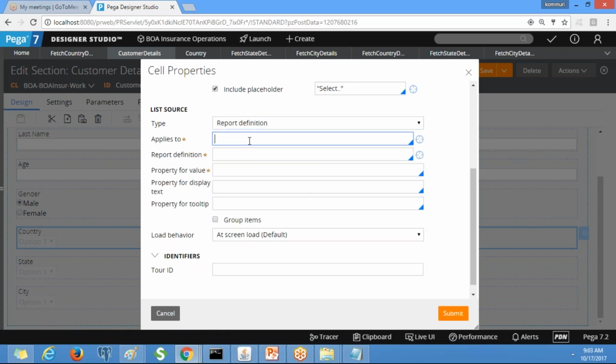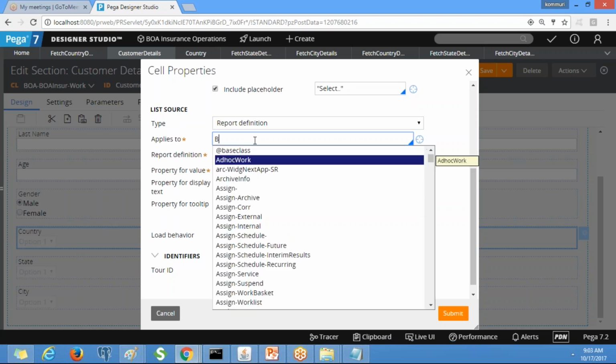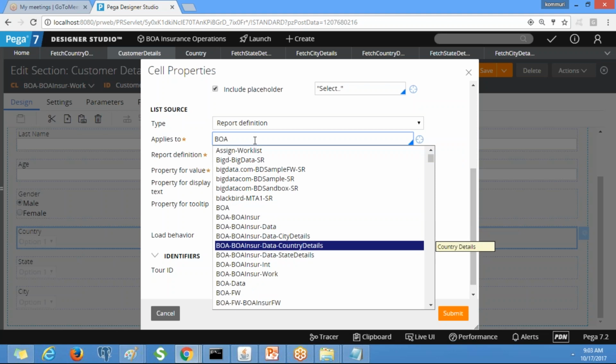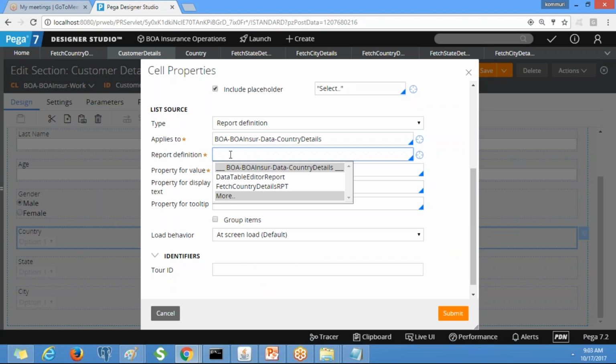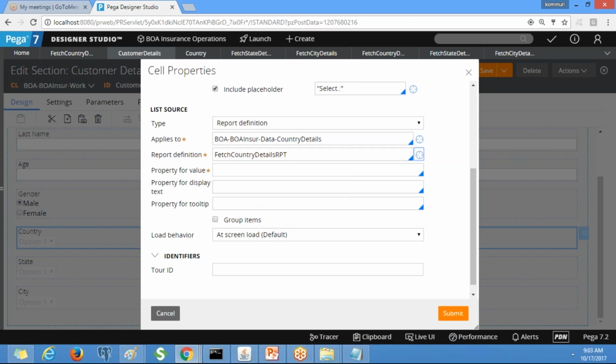Applies to means the class name, the class from which you select the report definition rule. This is country related, so obviously here data country details class. Here we have two report definitions, one created by us and one created by PRPC. Select the one which you created.